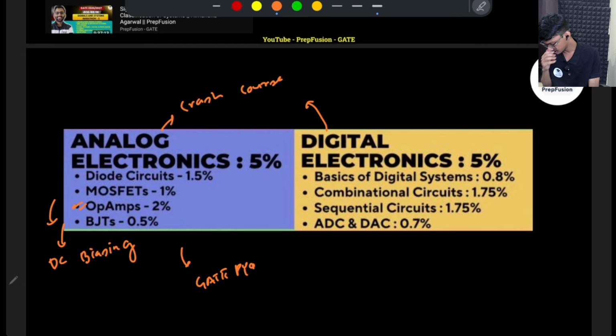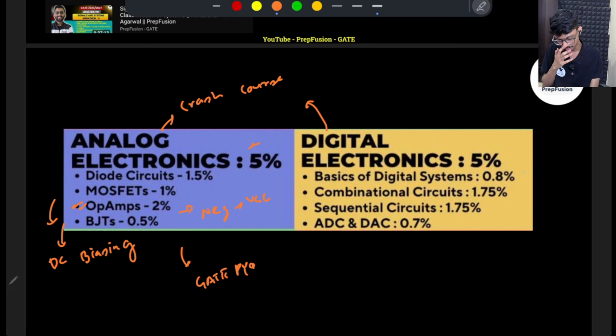And op-amps, again, everything is important. In op-amps, I cannot say this is important, that is important, but obviously most of the questions will be solved with negative feedback and virtual ground concept. So if you're running less on time, you can cover it from a crash course because the weightage is much lower. And in digital as well,